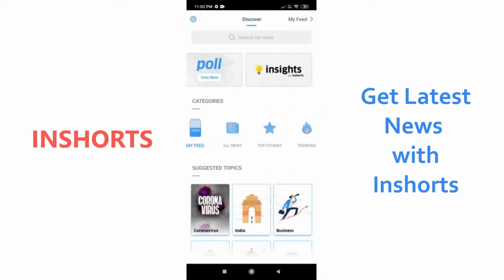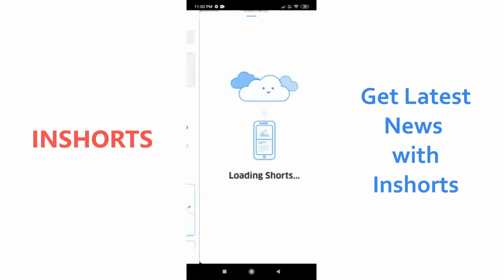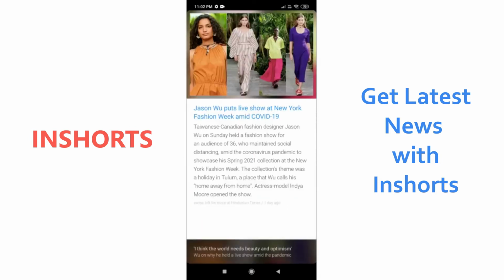There is a section of All News and Top Stories. All News is a compilation of every news article about anything, about coronavirus, India, business, automobile, fashion, etc. And this is the Top Stories section, which is a compilation of all the stories that are very popular right now. And this is the trending option, and this is the bookmark section,